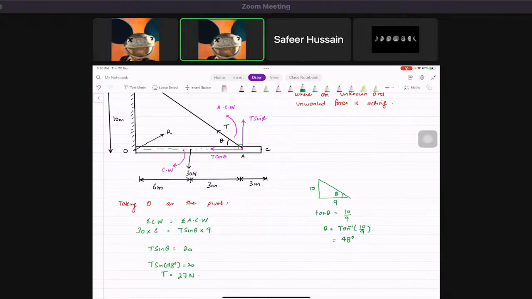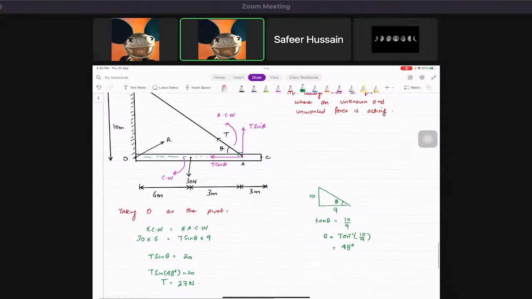Okay. Now, this is basically all that I wanted to do today, and then tomorrow we'll start with the center of gravity thingy, and then I'll give you a worksheet. So basically, by tomorrow, if you do